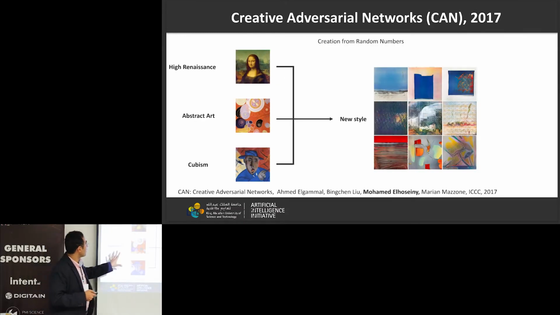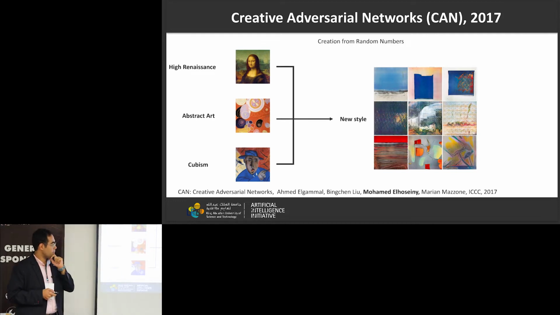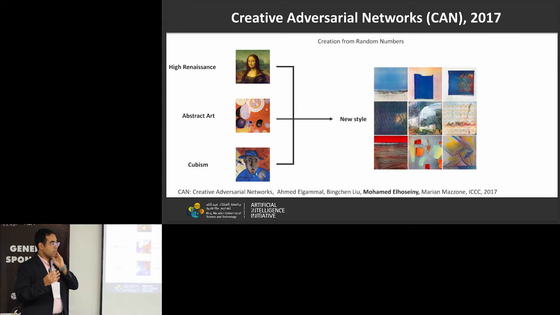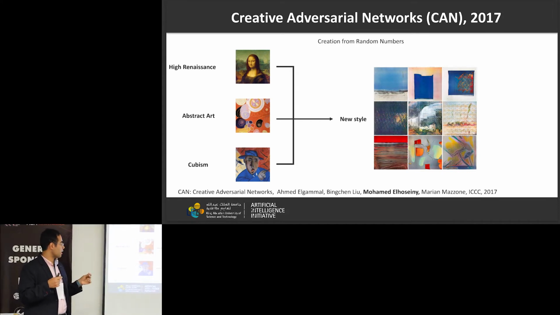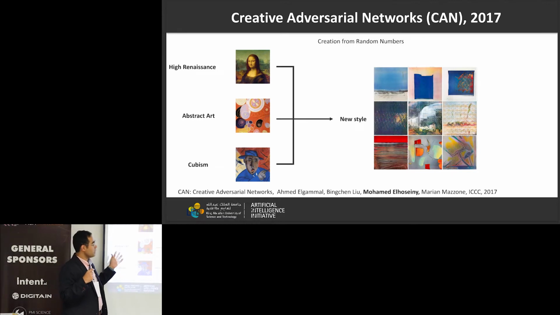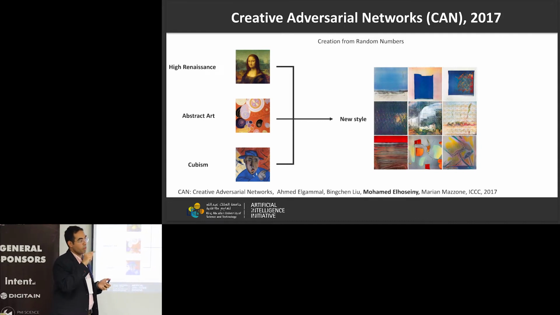So I will start this talk with Creative Adversarial Networks, which is a model that we developed back in 2015, which is an augmentation on top of GAN. GAN is one of the fundamental frameworks for generative models. And the point behind it is basically to augment GANs with a teaching signal that encourages the model to go beyond what it has seen during training. So it tries to encourage it to be novelty aware and to sample from that novelty space.